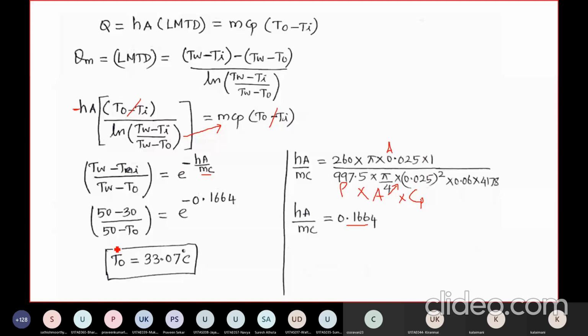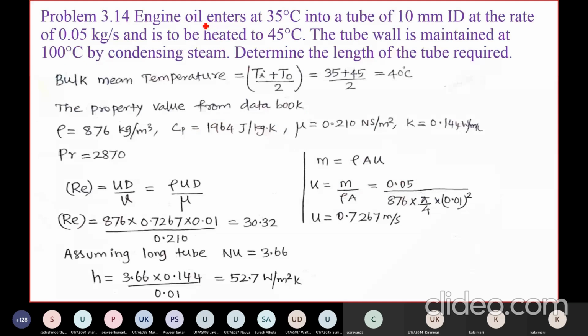So now we move on to problem number 3.14. An engine oil enters initially at 35 degrees Celsius into a tube of 10 mm internal diameter, at a mass flow rate of 0.05 kg per second, and is to be heated to 45 degrees Celsius. Then the tube wall is maintained at 100 degrees Celsius by condensing steam. Determine the length of the tube required. Okay, the question is how much length is required